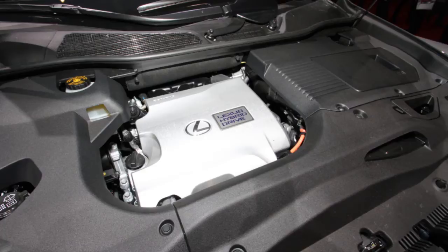So what you're going to have here is front and rear electric drive motors. That really only drops your MPG about 2 miles per gallon in the city and 1 in the combined rating. So what you're going to have from Lexus on this vehicle, and the EPA I should say, is 30 miles per gallon city, 28 miles per gallon highway, and a 29 mile per gallon combined. Not bad. And you mate that to the continuously variable transmission, and you have a pretty smooth ride in this